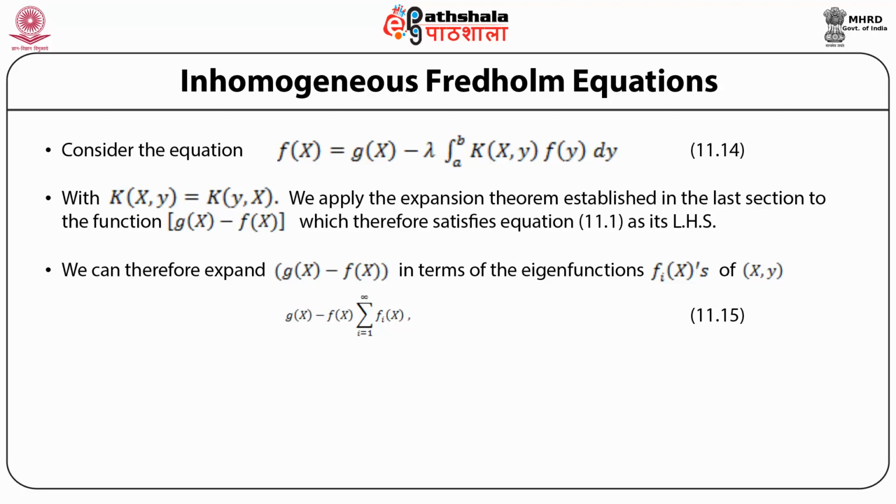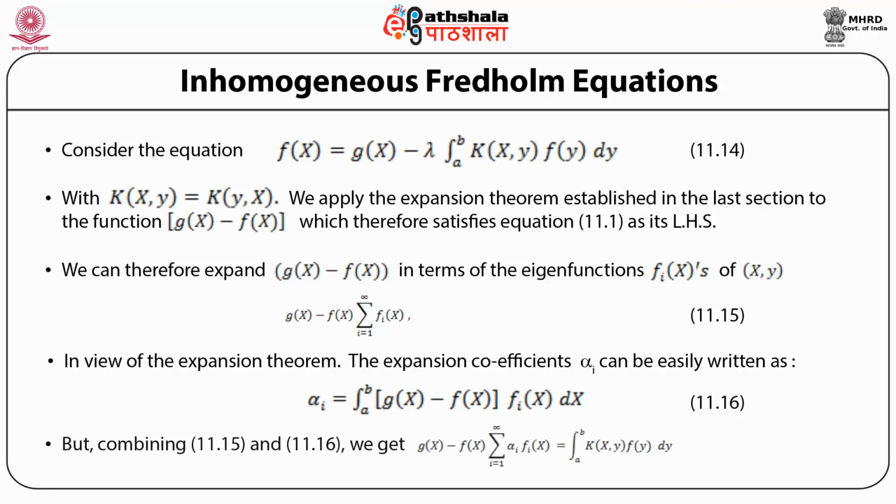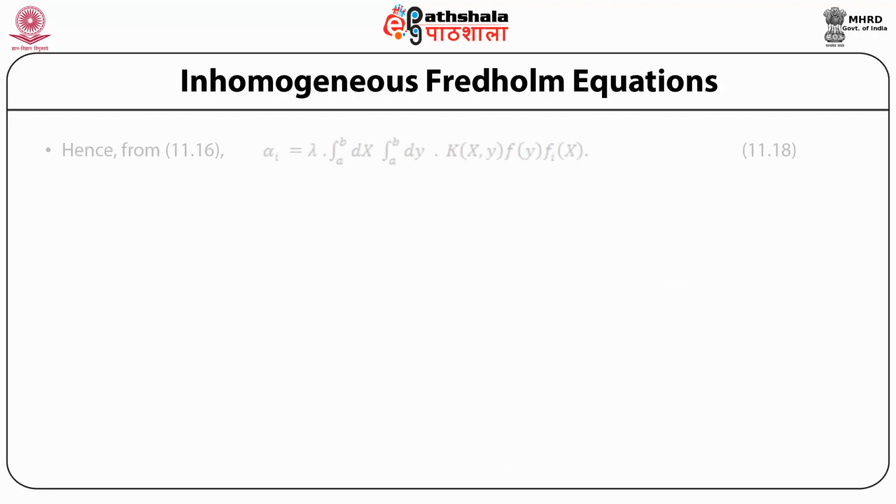In view of the expansion theorem, the expansion coefficient α_i can be easily written as α_i is equal to the integral from a to b of (g(x) minus f(x)) multiplied by φ_i(x) dx. By combining these two equations, we get g(x) minus f(x), the sum over i from 1 to infinity of α_i φ_i(x), is equal to simply the integral from a to b of the kernel k multiplied by the function f(y) integrated over dy. Hence, from 11.16 we get α_i is equal to λ times the integral from a to b dx into the integral from a to b dy of k(x,y) f(y) φ_i(x),